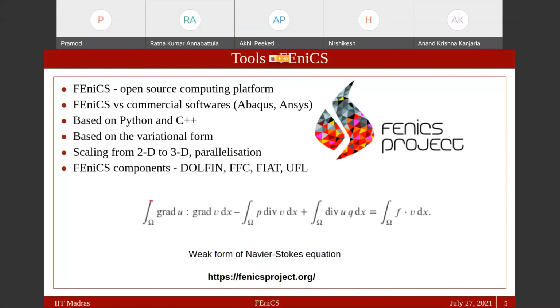So this is our classical Navier-Stokes equation in its weak form, right? I just wanted to show you. This is how it is, as simple as this. Put this equation, code this in FEniCS. Before this, just add the domain,